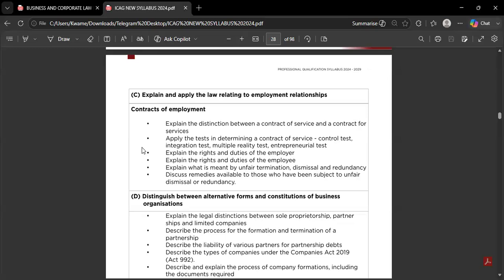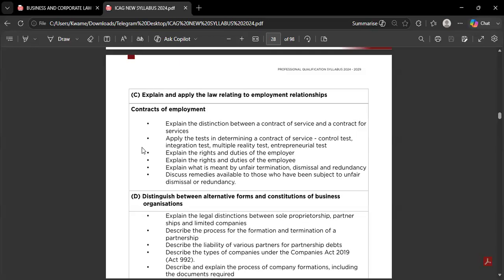When we talk about employment law, it basically has to do with contract of employment, where an employer-employee relationship is going to be established. It begins with how employment is even established. What shows that a person has become an employee? That's where the issue of an appointment letter becomes very key, which states the dates of the appointment and the terms and conditions for the appointment. A copy has to be given to the employee, and a copy is kept by the employer.